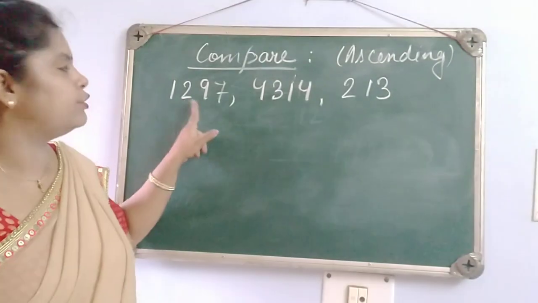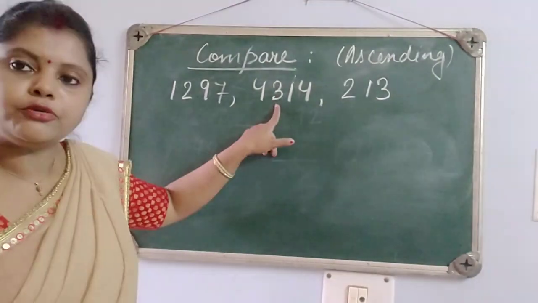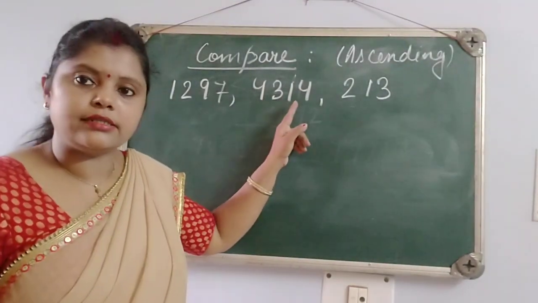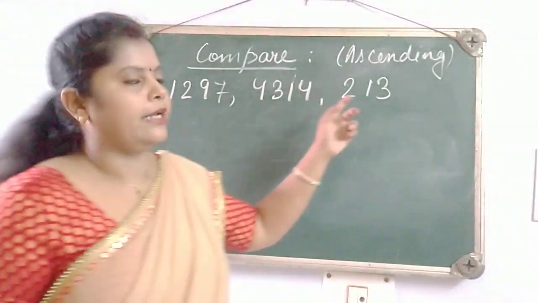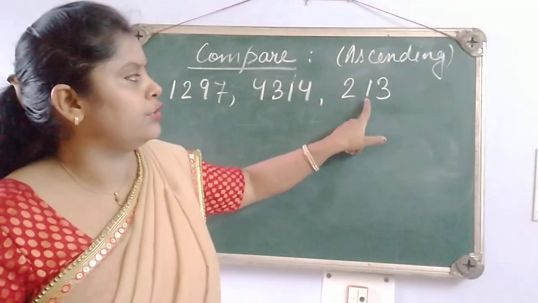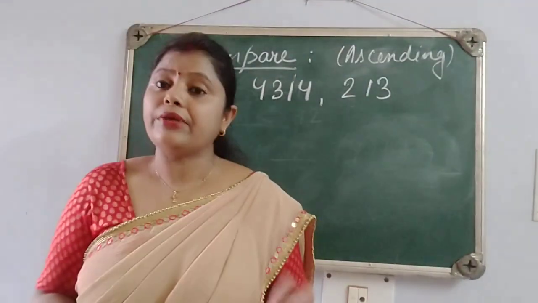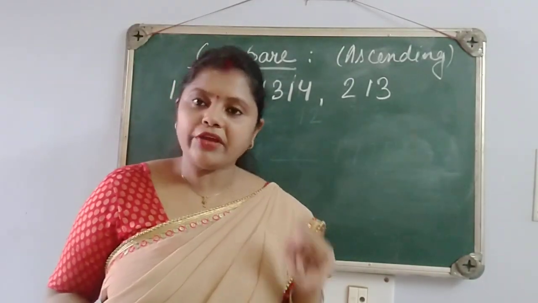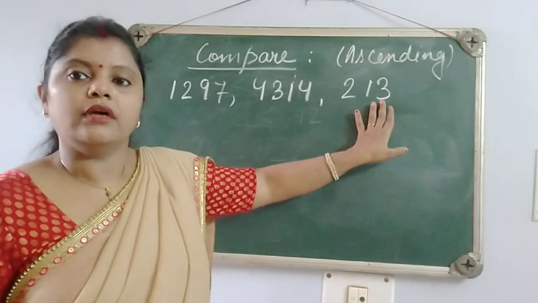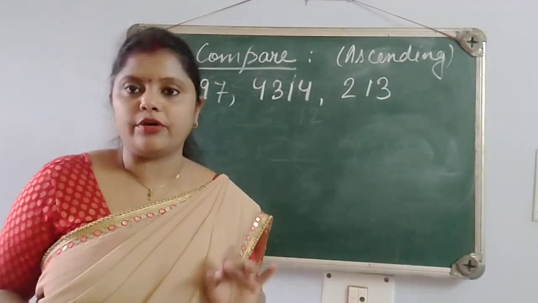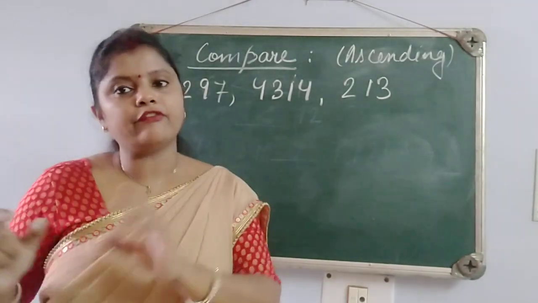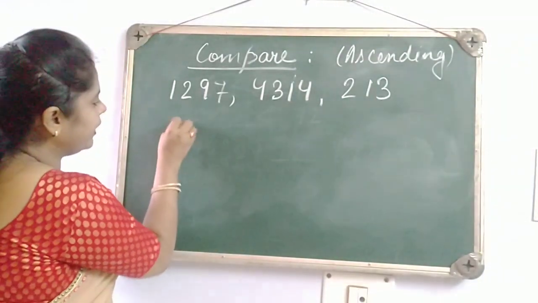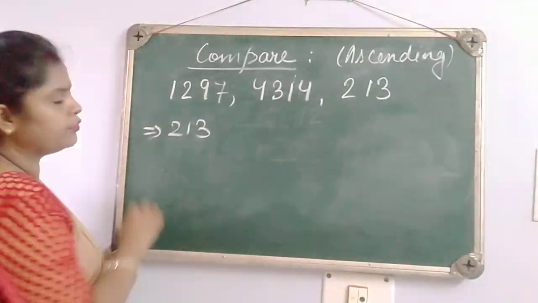What do we call 1297? Come to the next number. 1 2 3 4, again the same number of digits, 4 digits. We can't compare right now. Let's see here: 1 2 3, so it has only 3 digits. According to the first rule, we have counted the digits and seen that one number has fewer digits. In ascending order, we start from the smaller one, so this will be written first of all. The answer will be, first of all, 213.